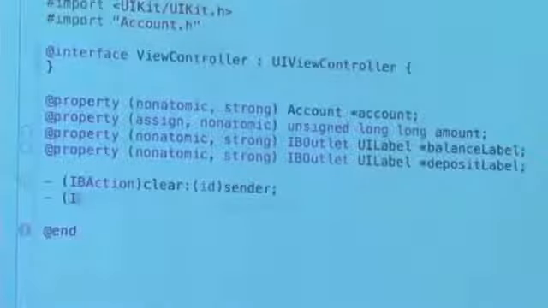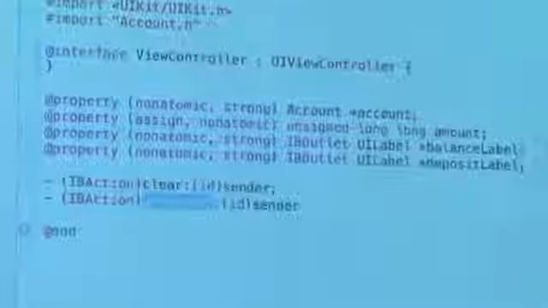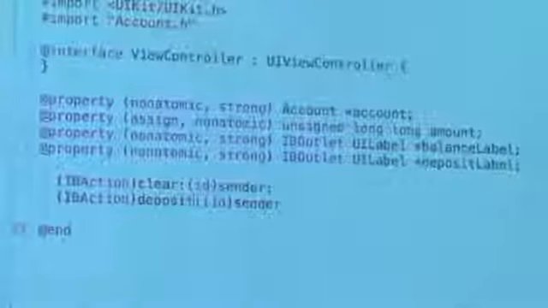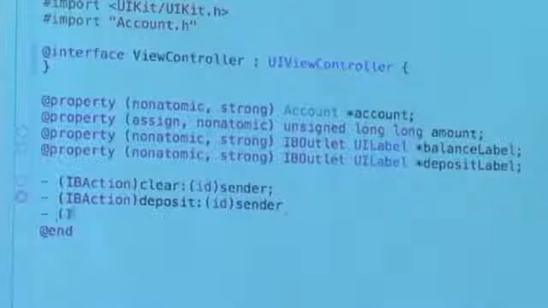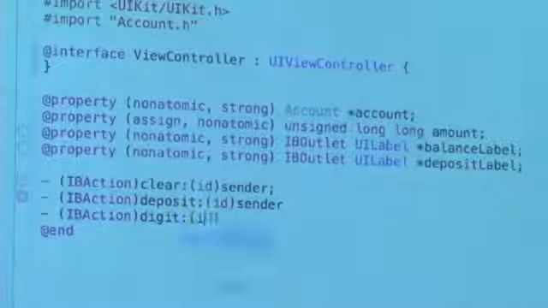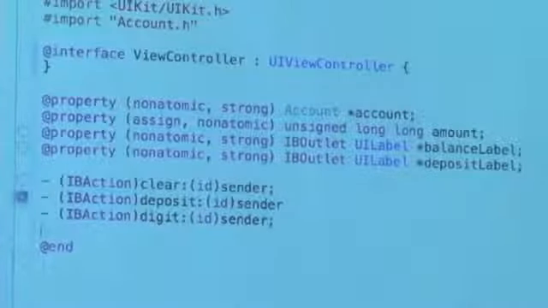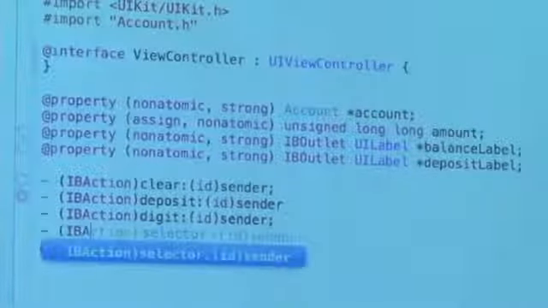I have another IBAction now whose name is going to be deposit. This is going to be the method that's called when I actually deposit a value. I have another one here, another IBAction that's going to be digit. This is the method that's going to be called anytime a digit is touched on the interface. And lastly, I have another IBAction that